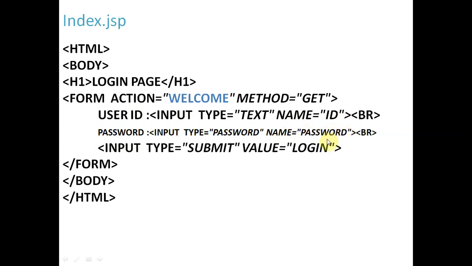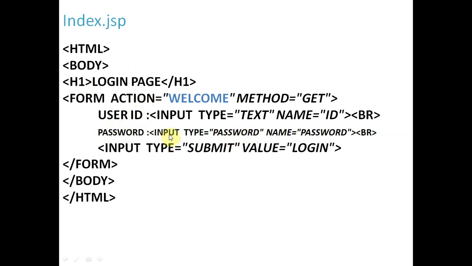Name is also mentioned here, and the type is text box, and this one is not text box, this is password. Password is basically a type of text box, but the feature of a password text box is that whatever we write, it will convert it into an asterisk sign or any other special character sign. So the actual password will not be displayed.